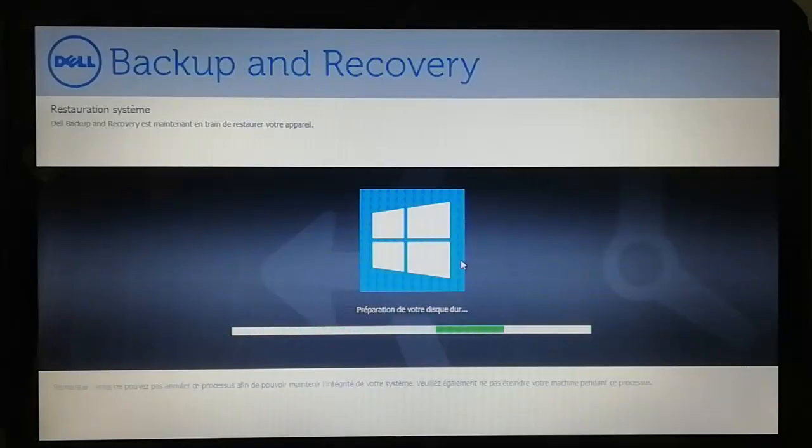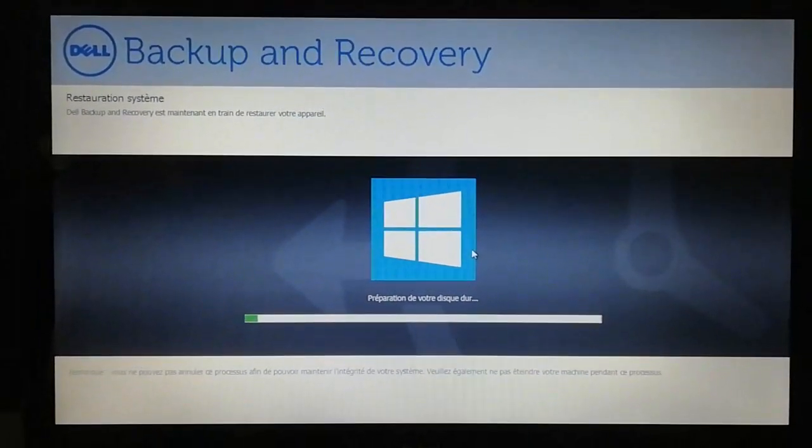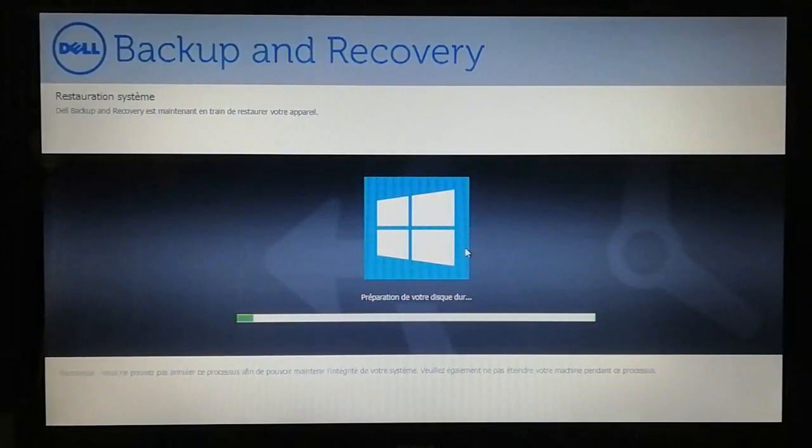And it says preparing your hard disk. So what it does right now is actually formatting the hard drive, though it takes some time to do that. And as you can see, it starts formatting, by the way. If you hear background noise, I'm very sorry about that, because, you know,